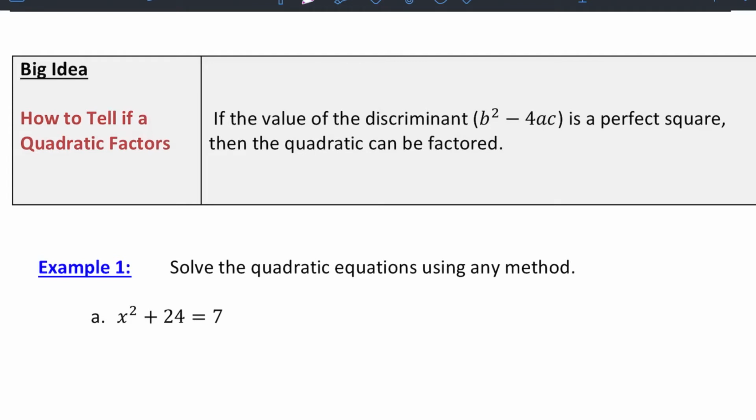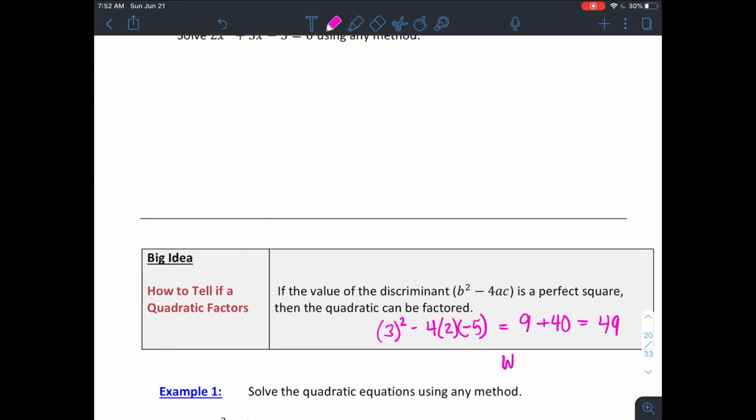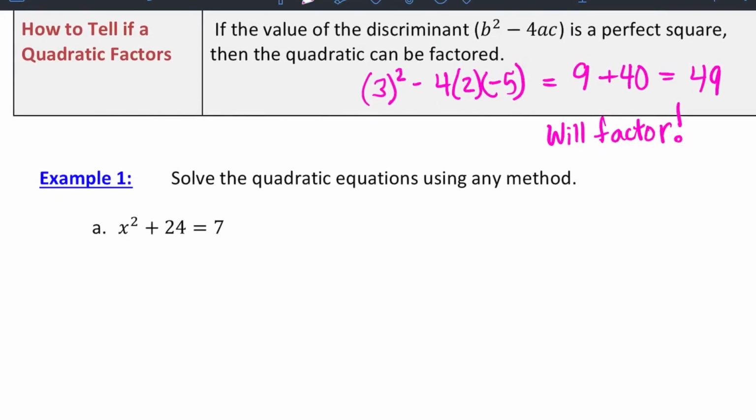Let me check and see if this factors real quick before I resort to quadratic formula or completing the square. So I'll have 3 squared minus 4 times 2 times negative 5, which if you simplify is 9 plus 40, is 49. And 7 times 7 is 49, so it is a perfect square, and that one will factor. I could factor it if I wanted to. So it's important to be able to recognize which method is the most efficient to do when you're solving a